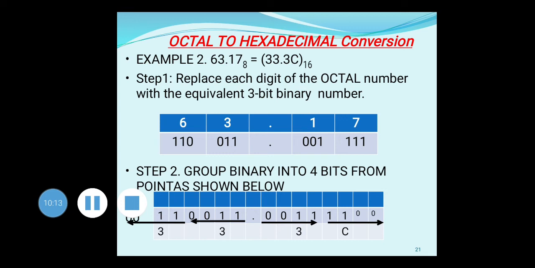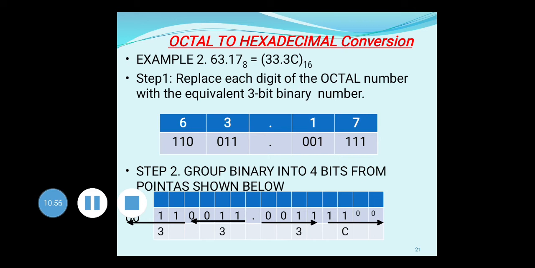So here you will check the integer part. In the integer part, if you check the 4-bit group from the LSB, 1100 is done, 4 bits are there, but next is 11, only 2 bits are there and 2 bits are missing. So the missing bits you are going to add as 0 there. So 2 zeros are added here. Now in the fractional part, you will start from the point towards the right. When you start grouping 4 bits, it is 0011, and the next bits are 11. 2 bits are missing to form 4 bits, so 2 zeros are added there.